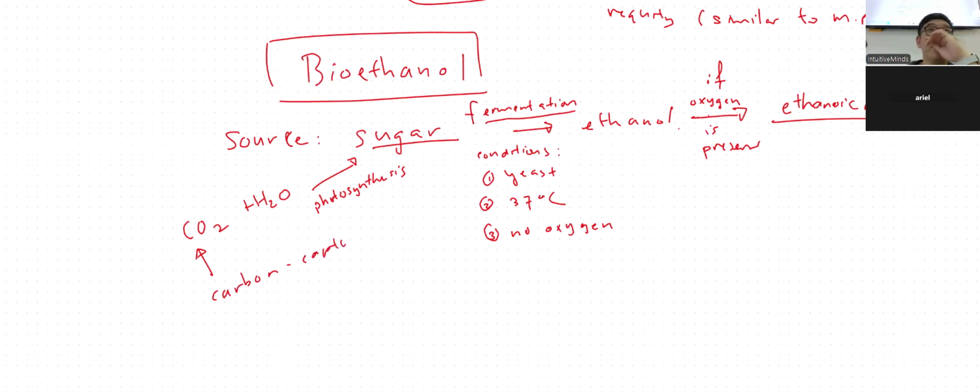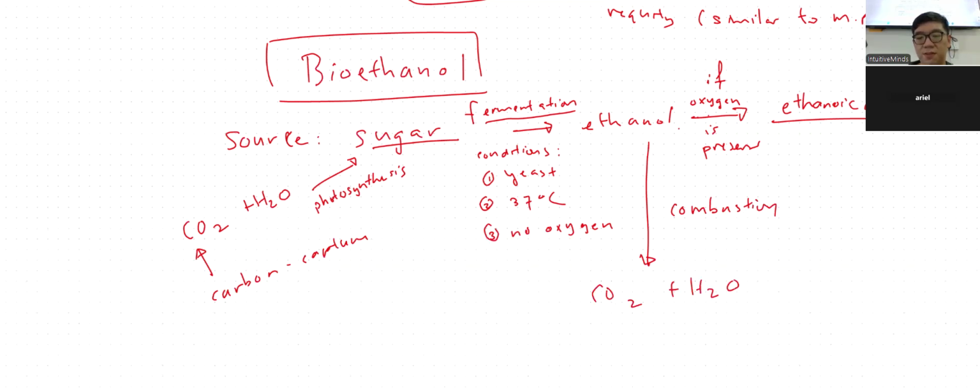Meaning to say, you absorb the carbon dioxide from the environment. Then you do this. Then over here, you can use the ethanol for combustion